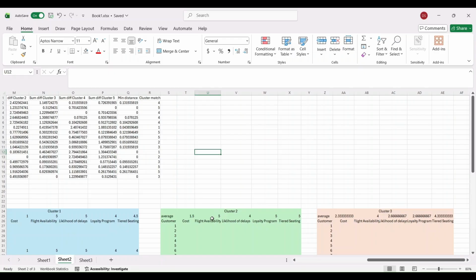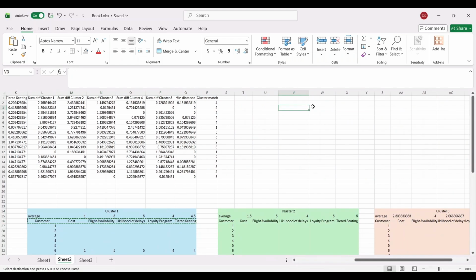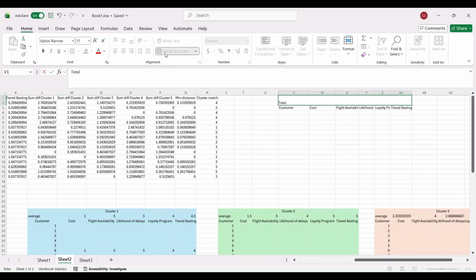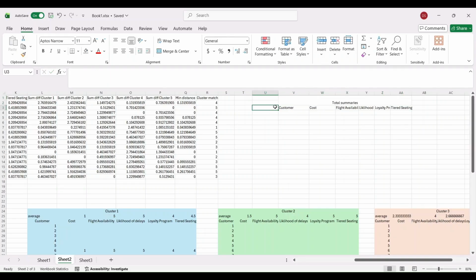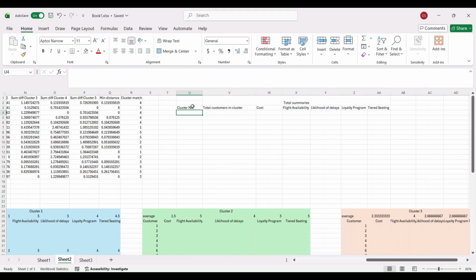Now we move forward for further visualizations and grouping. We need to copy one of these again, paste the value somewhere here. We can call this table a total summaries table or whatever you want to call it. We'll just add cluster number here and change this to total customers in the cluster. Now we type 1, 2, 3, 4,